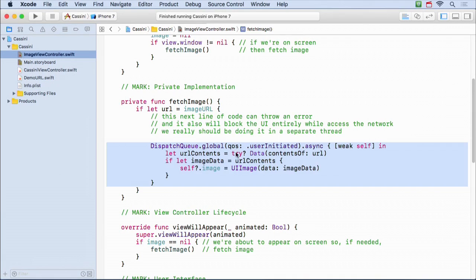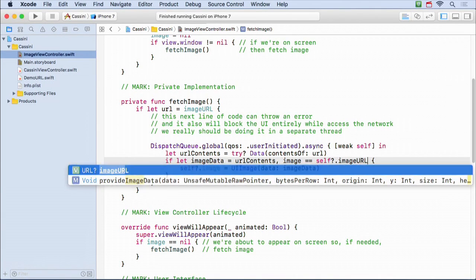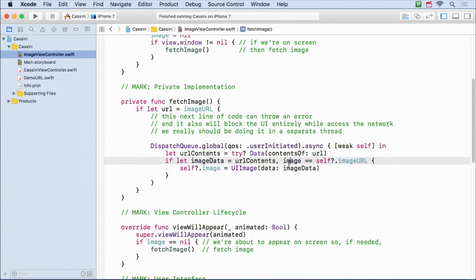So I better put something in here after this comes back to see if I even care about that anymore. Which is easy. I could just say, for example, URL equals self.imageURL. So I'm just going to look at this URL, which is right here, got captured by this closure. This closure has captured this URL.